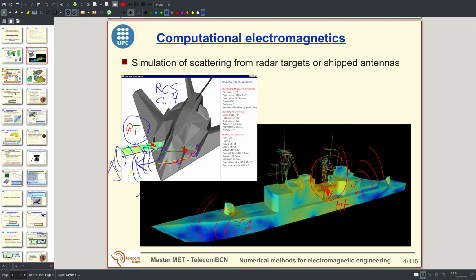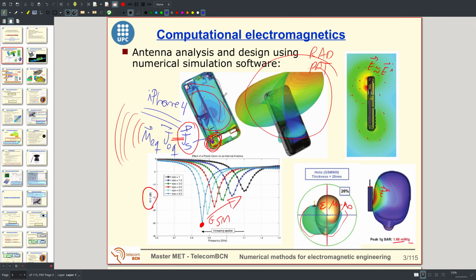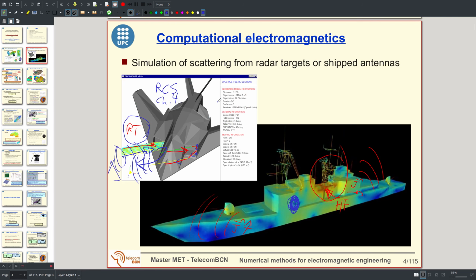This is an approximation, but it's very interesting because then we don't need to solve a linear system of equations like we did here. Here we had to solve for this shape a very large system of equations, and for the iPhone we also had to solve a very large system of equations. So using these high frequency approximations like ray tracing, we don't need to solve a system of equations, and the computation time is much shorter. So we will dedicate